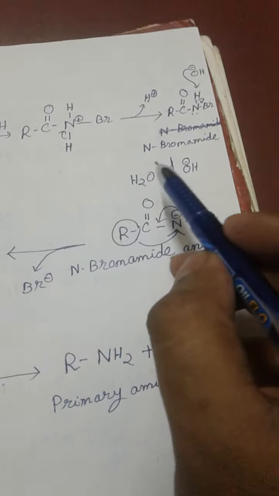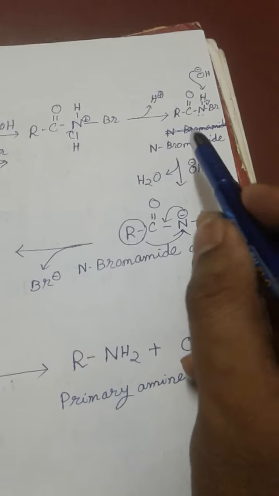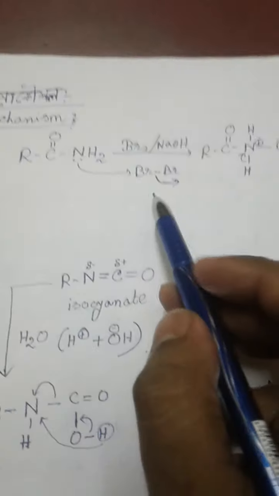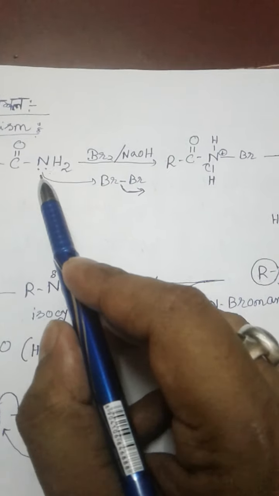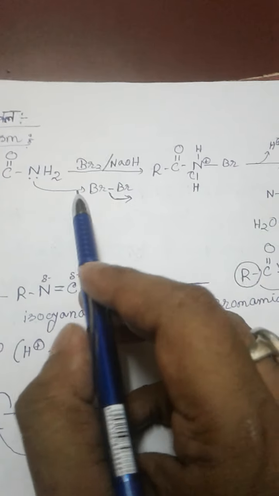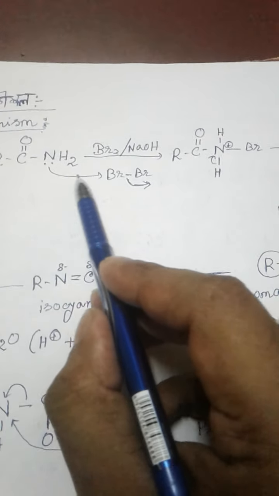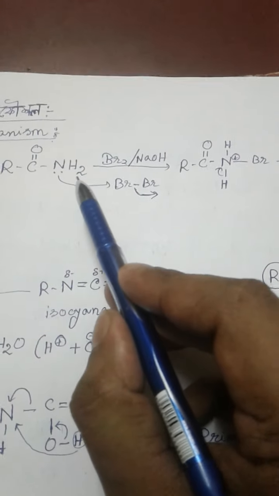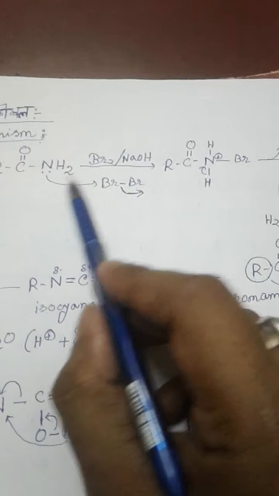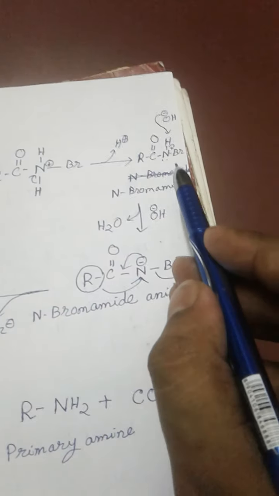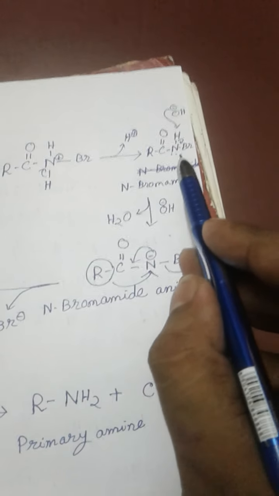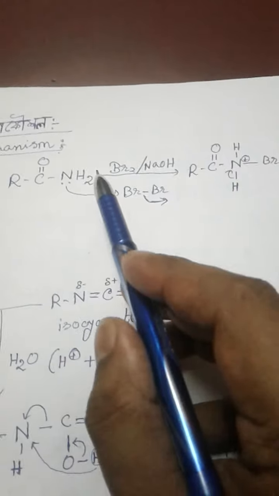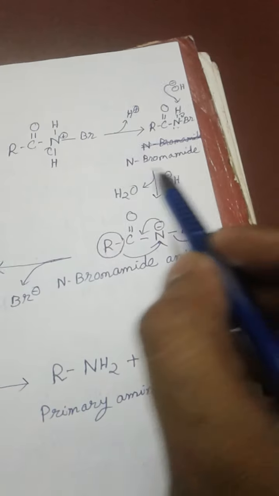So it forms the N-bromamide. What we must notice in this step is that one H from the amide group is substituted by one bromine atom, and this is the substitution reaction to form N-bromamide from